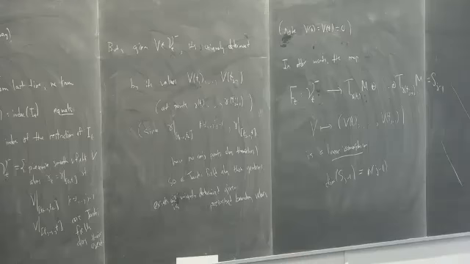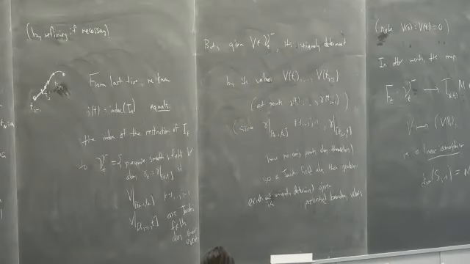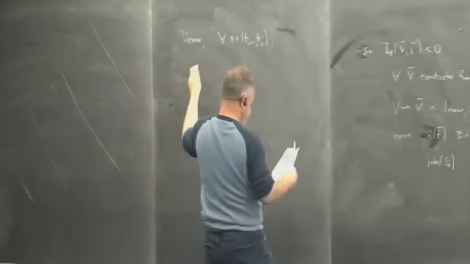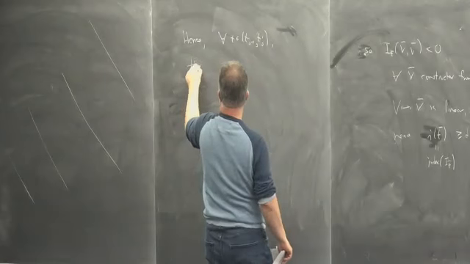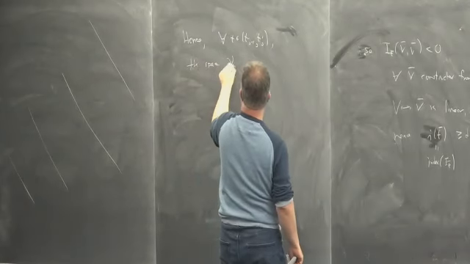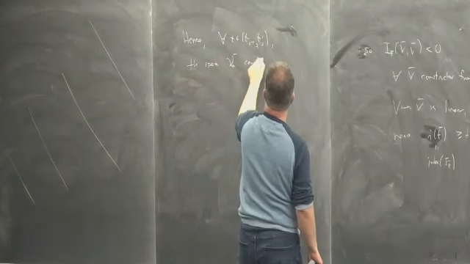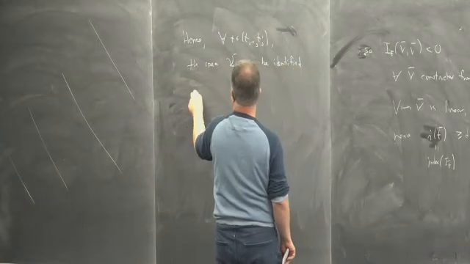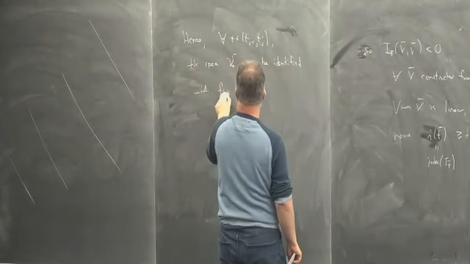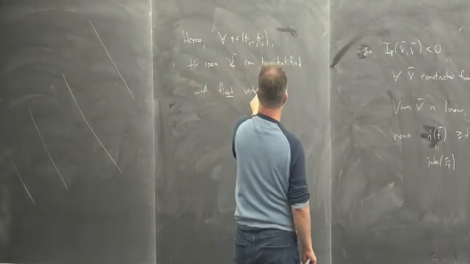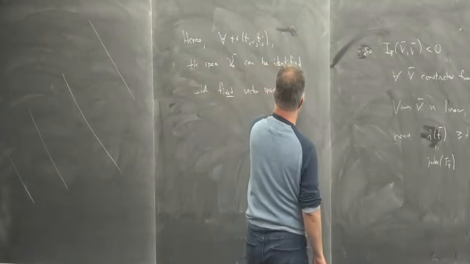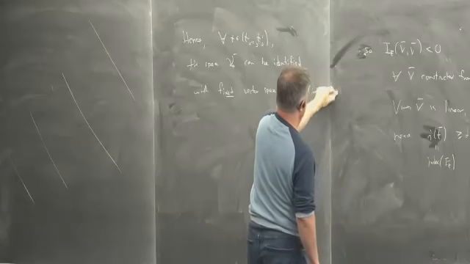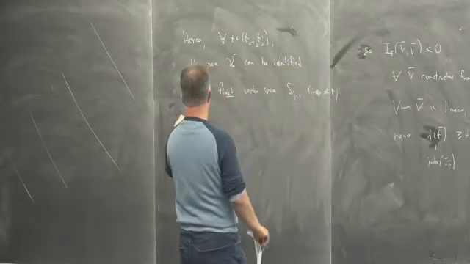So hence, for all T in Tj minus 1 up to Tj, the space Vt minus can be identified with the fixed vector space Sj minus 1, which is independent of T. Okay, and hence